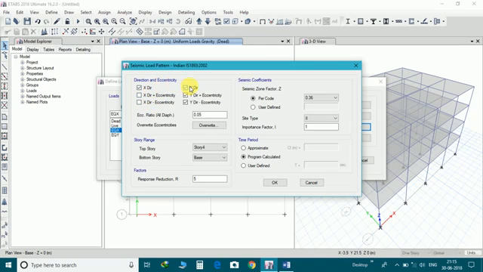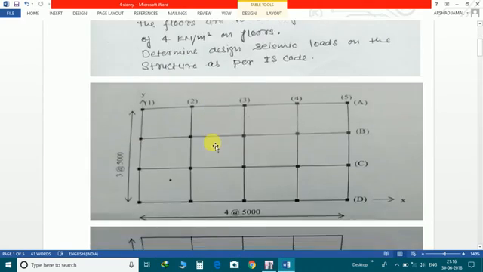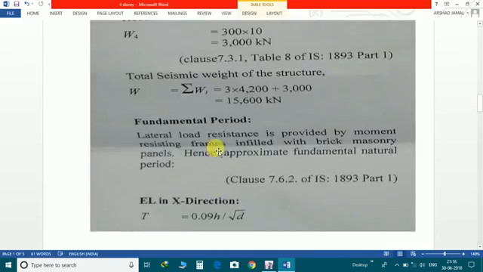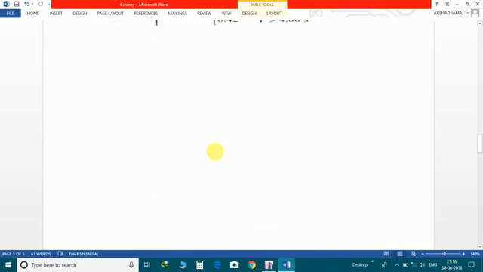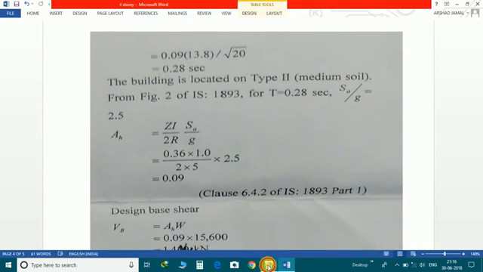So we'll take x direction. Bottom story, top story is 4. Reduction factor is 5 as per code. Zone factor is 0.36. Soil type is second. Importance factor is 1. User defined T. The value of T along the x direction is 0.28.